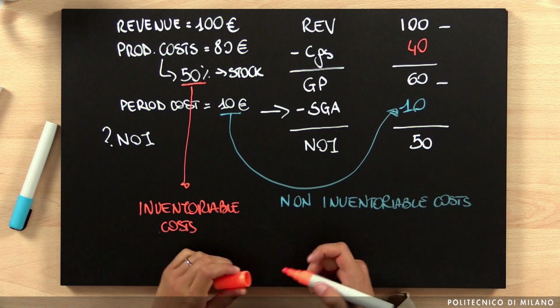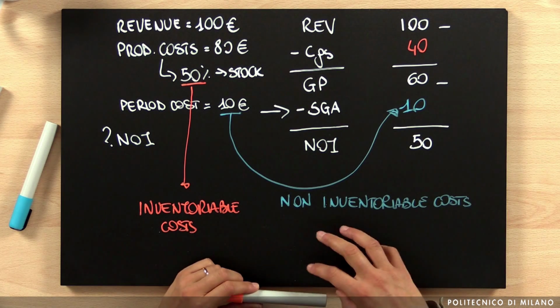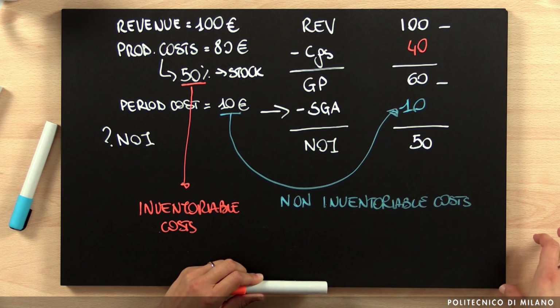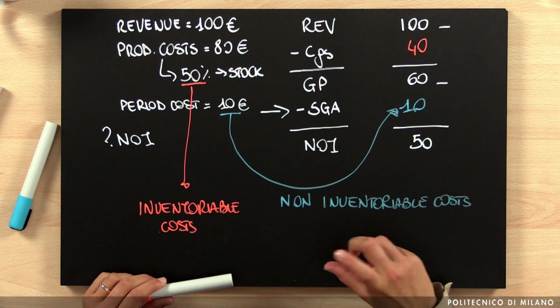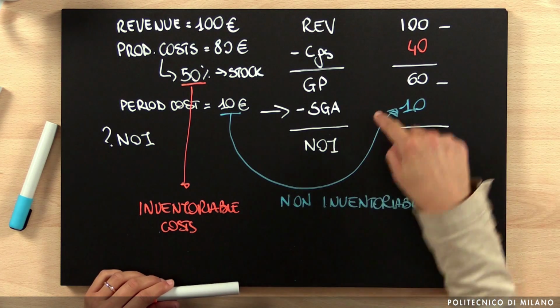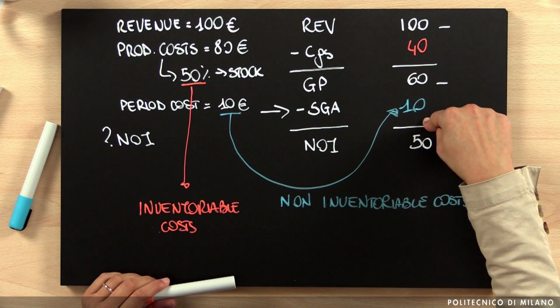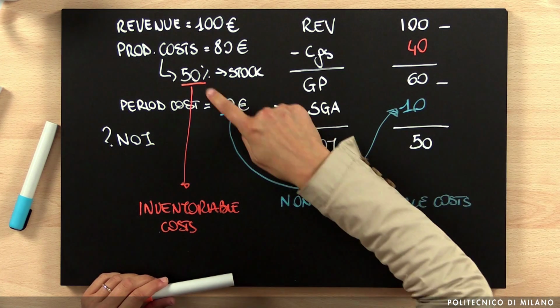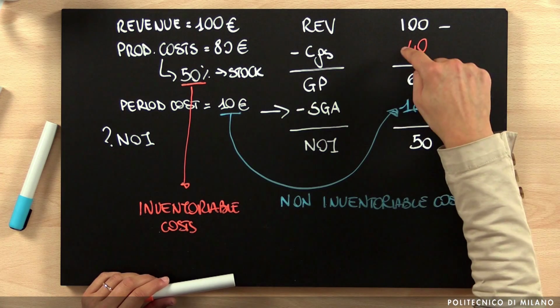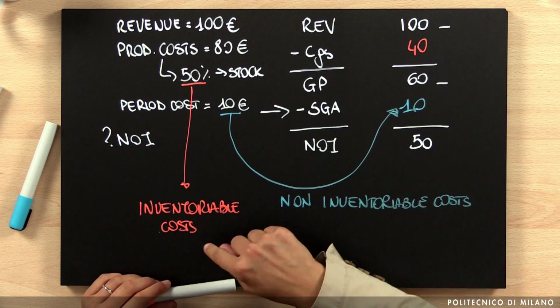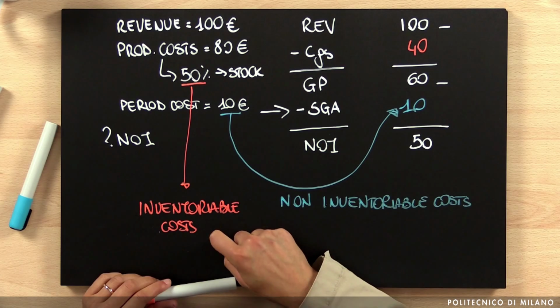And so that's the reason why it is really important, in the moment in which we are selecting the cost configuration, to keep in mind also the impact of the cost configuration on the income statement. In one case, we have a direct impact on the income statement and so on the net operating income, while in the second case, we have just an impact in the moment in which we are selling. So we are inventorying some cost.